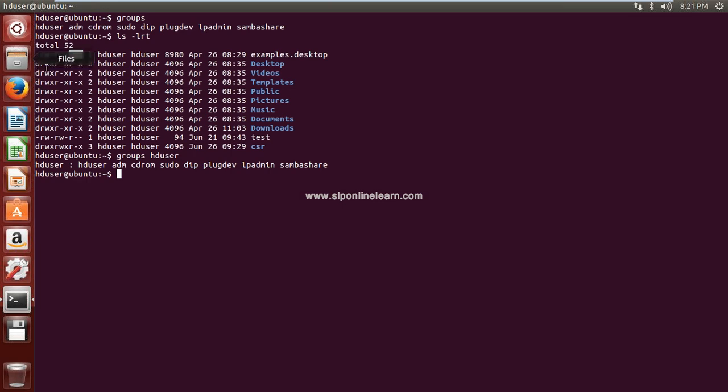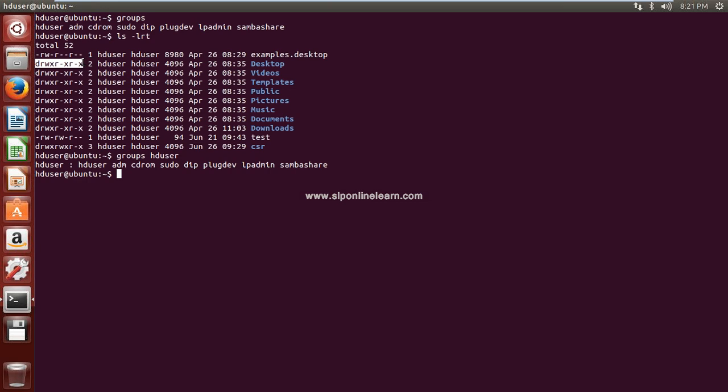First, directory permission rules. This first letter represents D, which means it is a directory. In directory level permission rules, three symbols will be there for each set. There are three sets: user, that is owner,